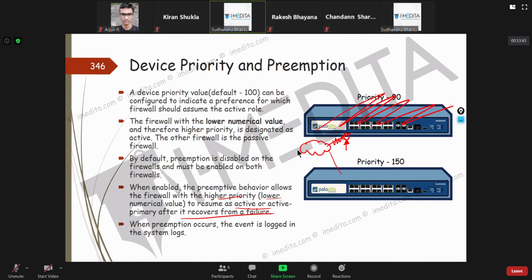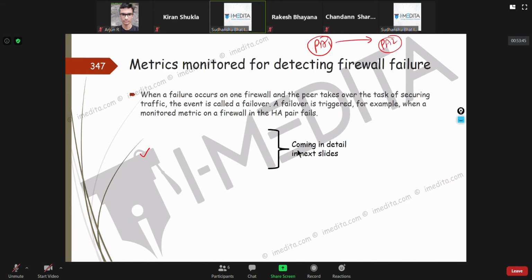That is what link monitoring is: you monitor the state of a particular link. We'll see it in the configuration. You'll be far more clear once you see it in the configuration.